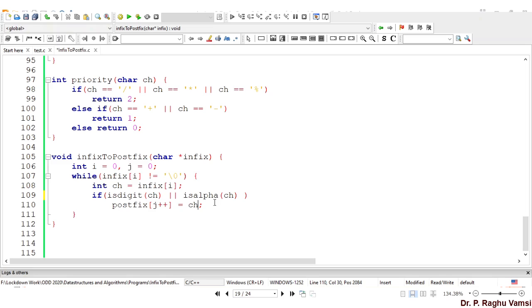Once it is pushed, we can increment the i value because we need to move forward. Along with j++, we should also make it i++. Then only we can move to the next position. Sometimes instead of using ch, we can also directly place postfix of j++ is equal to infix of i++. Like that also we can make. That is up to the programmer's wish, whether he wants to do it like that or like this.